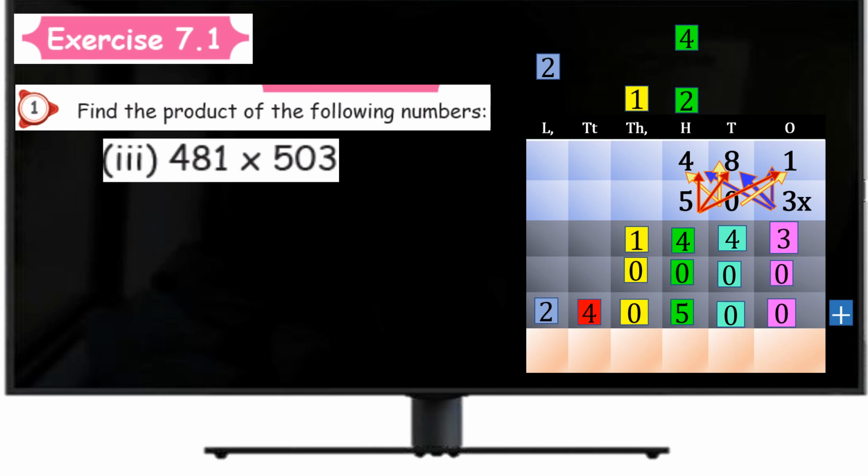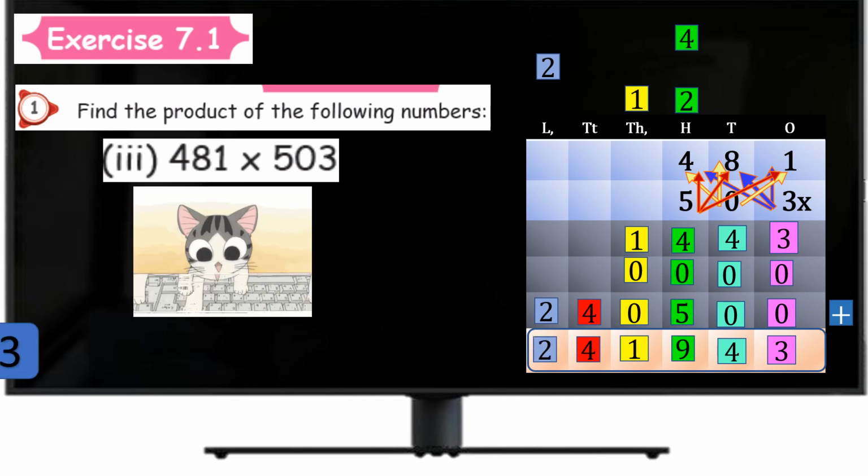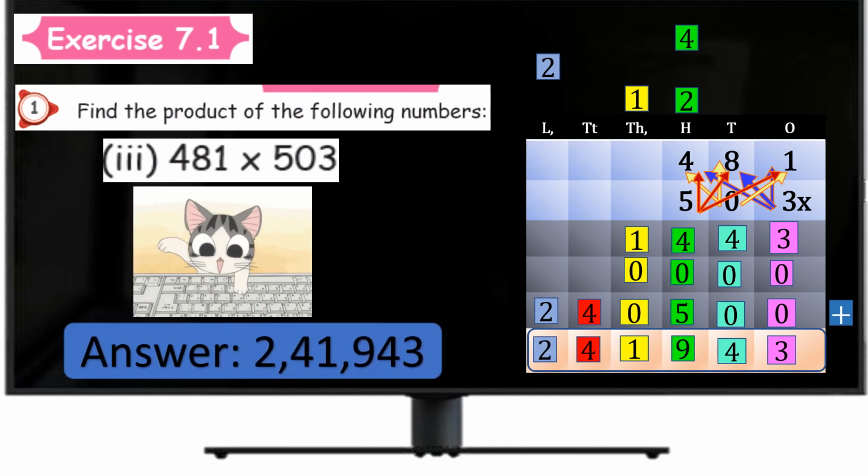Finally, we are going to add all those 3 places. So 3 here and 4 plus 0 plus 0, 4. And in this green, yes, green digits we are going to add. So 4 plus 0, 4 only. Again 4 plus 5, 9. Here yellow digits 1 and 4, just 4 only and 2 only. So 2,41,943. This is the answer for the third sum.